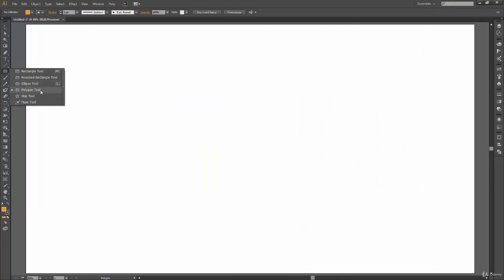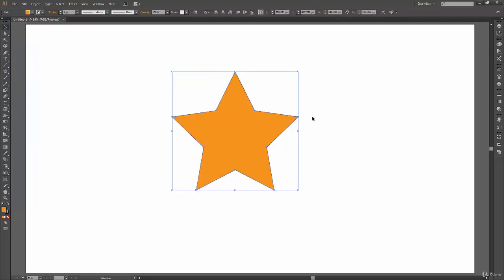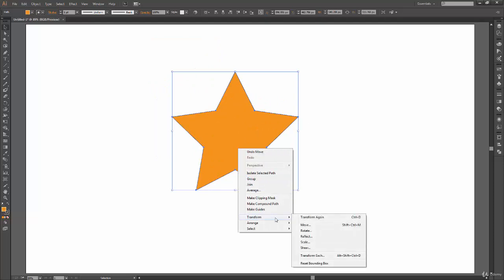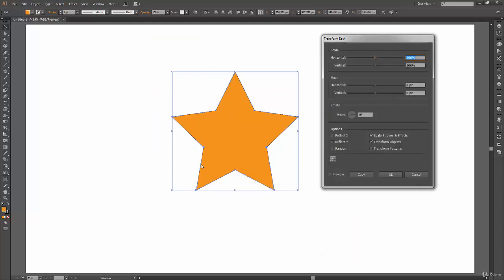For that, let's create a star. Okay, there I have my star shape. Right click on the shape, go to transform and transform each. From here, what I want to do is rotate my star from the top center. So I go to this reference icon and click on the top center box.